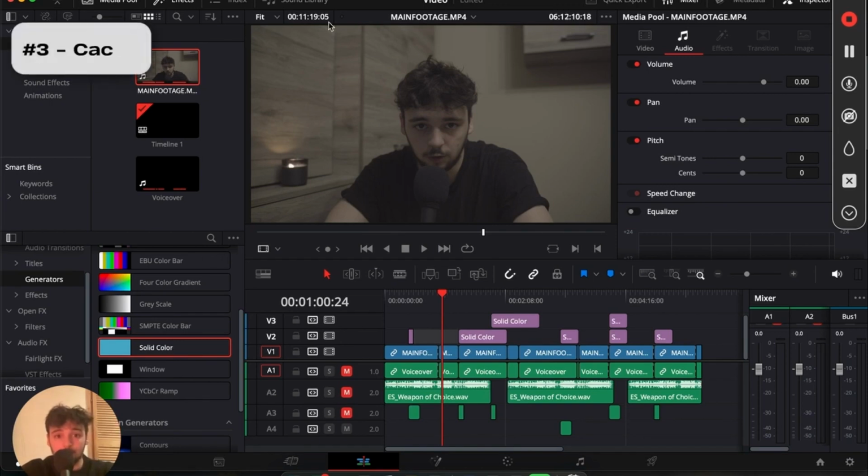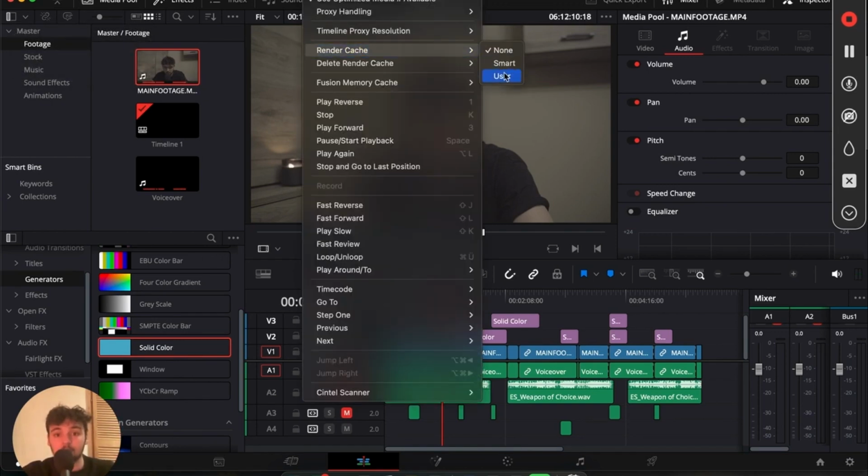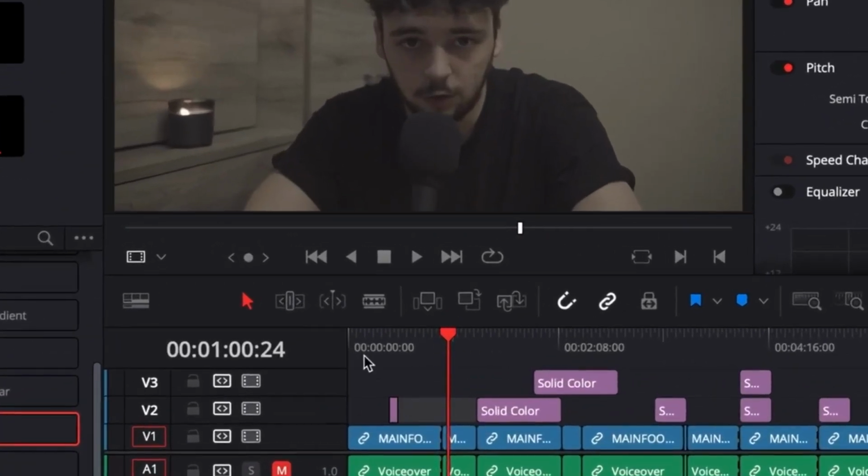But the last thing that I do, which helped me as well, is go back to the playback and go to render cache and just put on user. This will make sure when you play it, it will have a red line, and the red line indicates that it is not rendered yet. And DaVinci Resolve will actually render the video for you while you are watching it, so it becomes easier